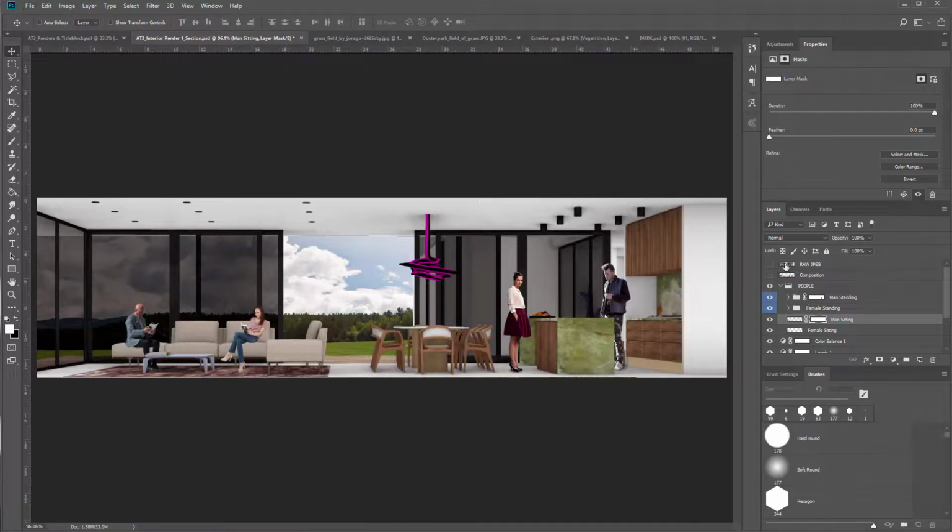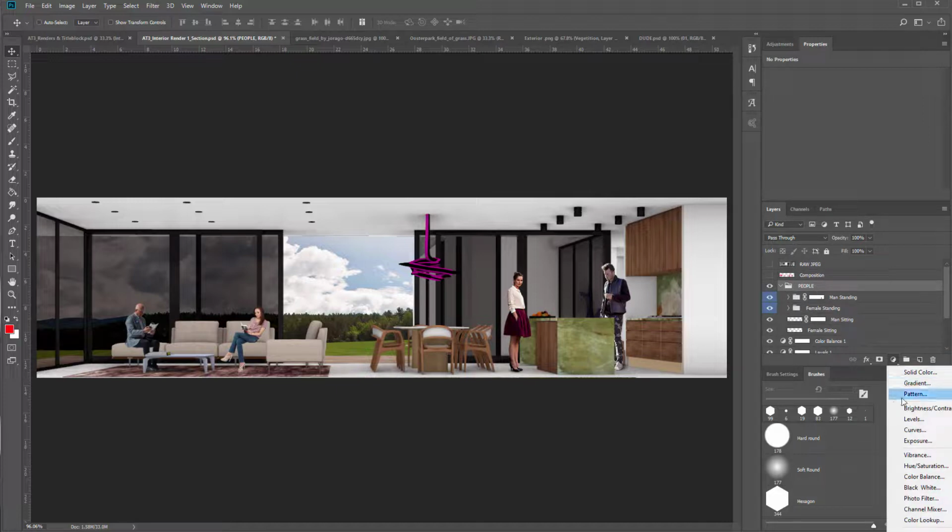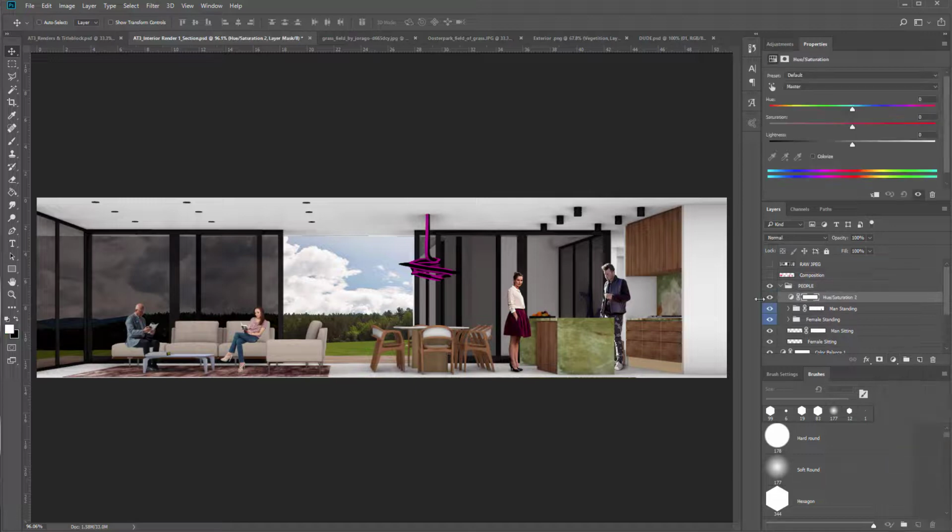And again, let's just take a look at where we started. So that's what we started with, and that's where we're at now. Already quite a lot. Now, next thing is probably we should color correct these people. And really, the biggest thing to do is to bring down the saturation. So with that entire people's group selected, I'm going to go for an adjustment layer. And I'm going to go hue saturation, hold down,